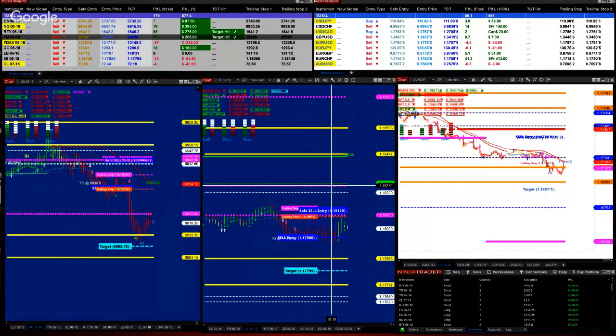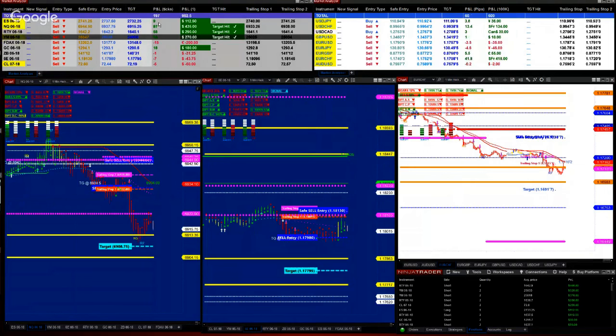As an example, for the ones that are not aware of the system, you have on the top the market analyzer. On the left upper corner, we give you the sell entry, and then we give you the entry number, the entry price, and then we give you the target, and then we give you the P&L.